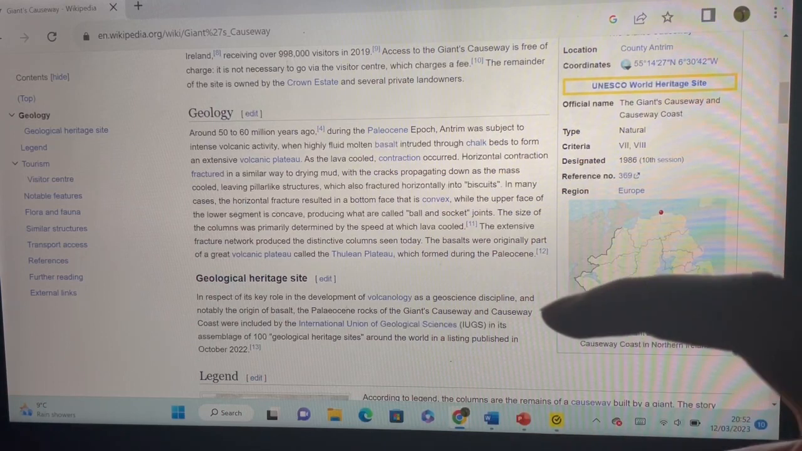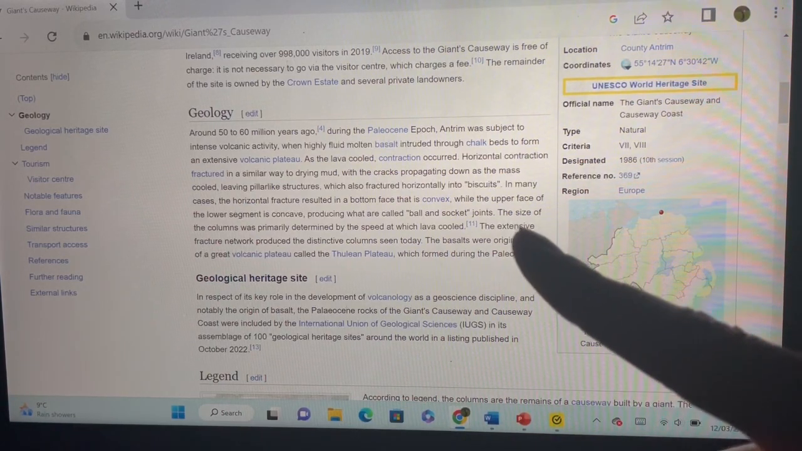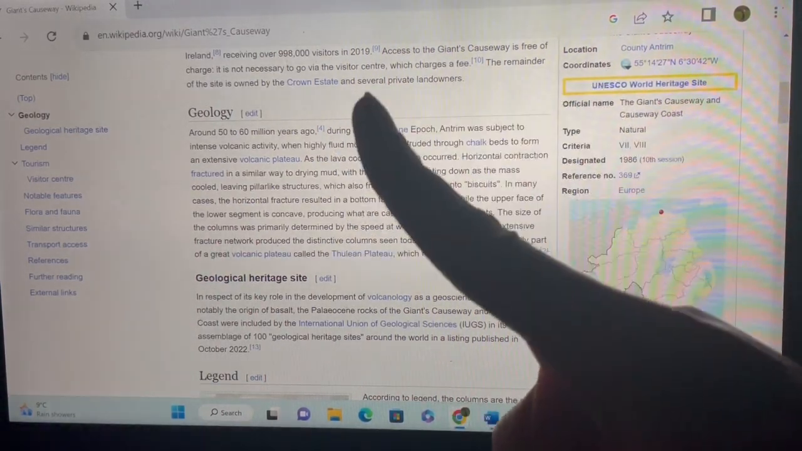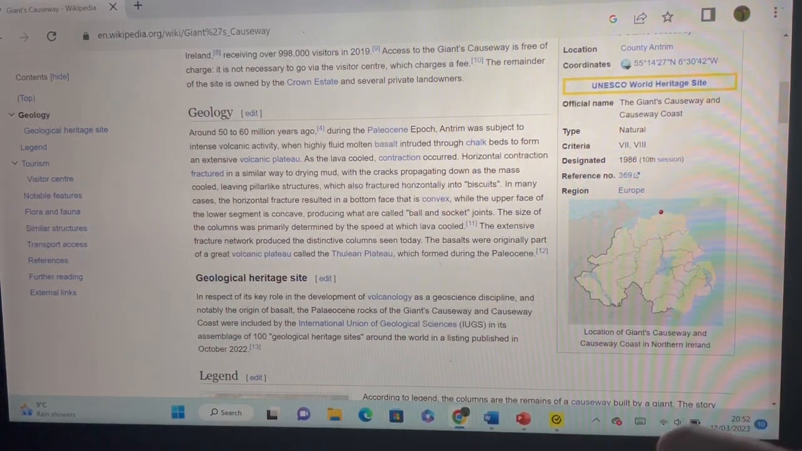Which one's that? One of them's like this way, and the other's like that way. I can't remember which one it is. While the upper face of the lower segment is concave,